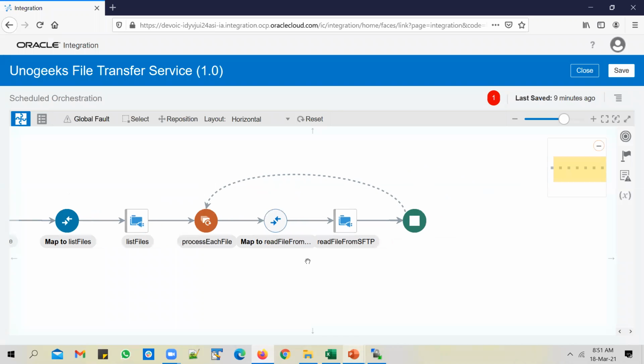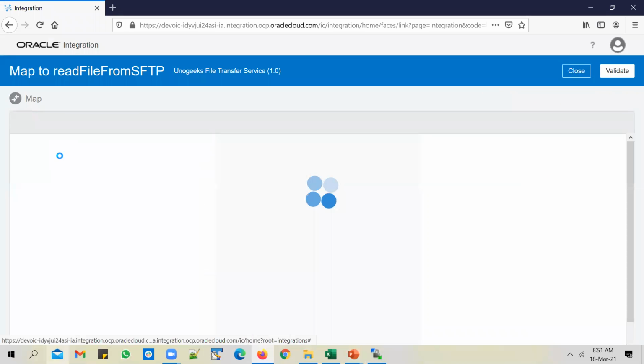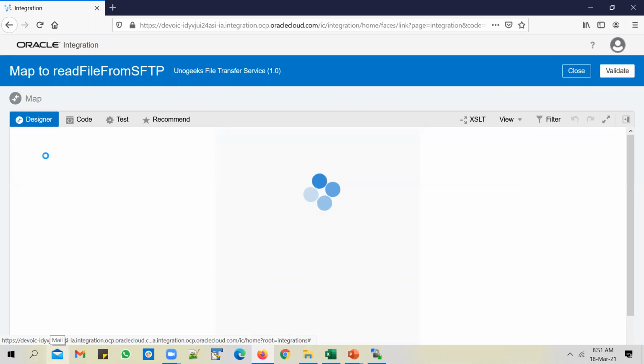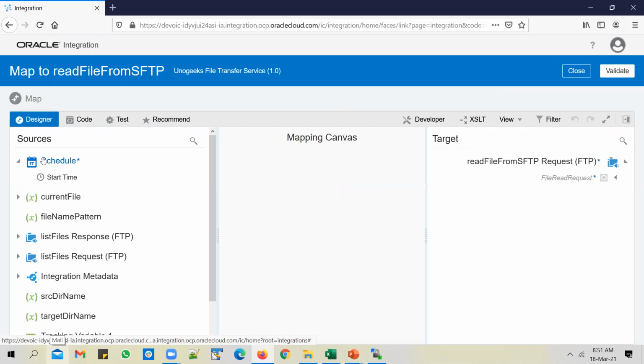And here you mention what file you want to read and from which directory. And that will be available in the current file that you're processing. So go to the mapper. And you see this current file. So whatever name you give in the current element name, when you open up a for each loop, that will show up here.